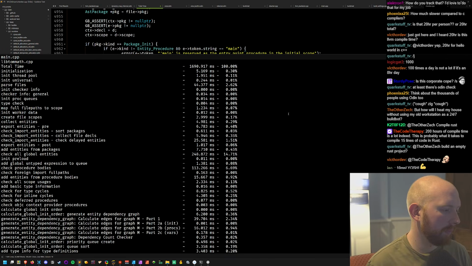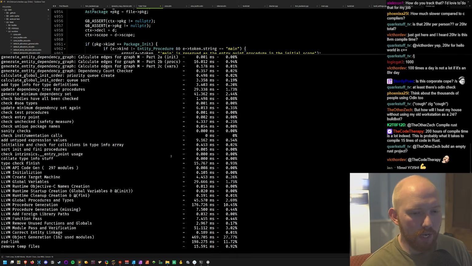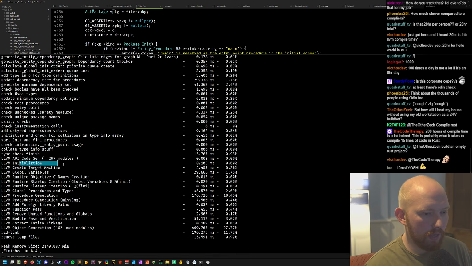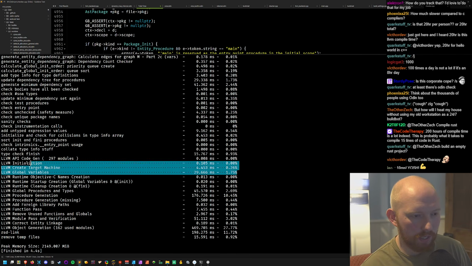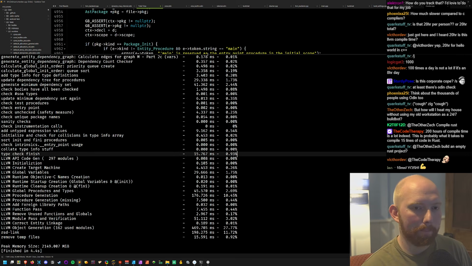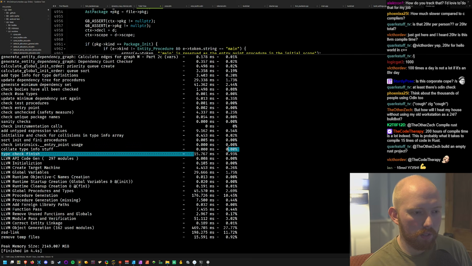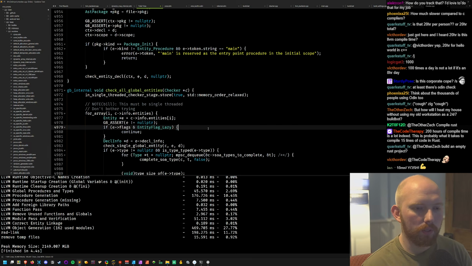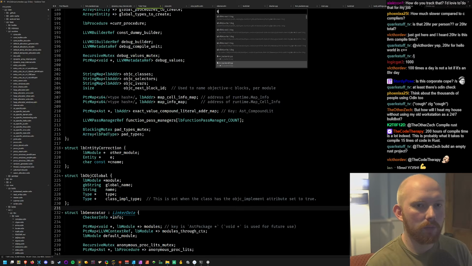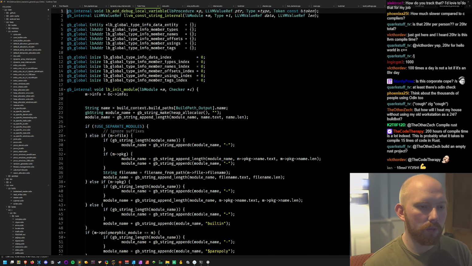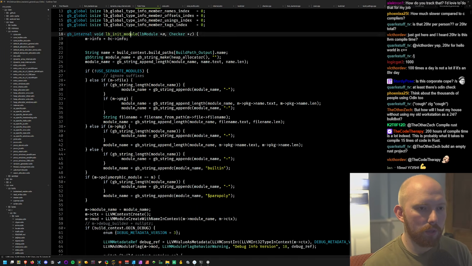Phew. Right? But the section I want to slow down is the LLVM initialization. Is this section here. So global variables, initialization, all that lot. We can improve that. So yeah, there's all this we can probably do to improve things. And that's going to be in LLVM general init module, right? So this init module thing,